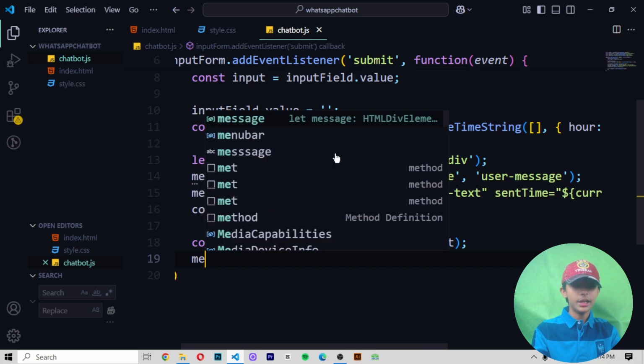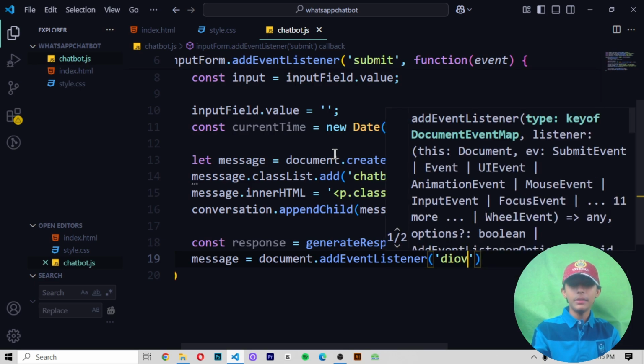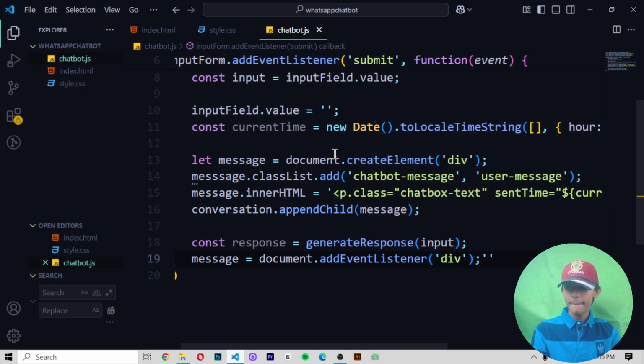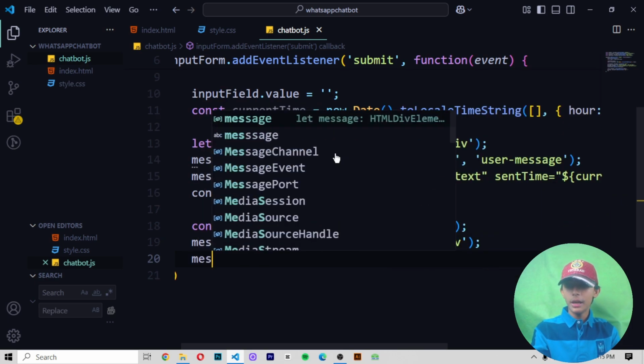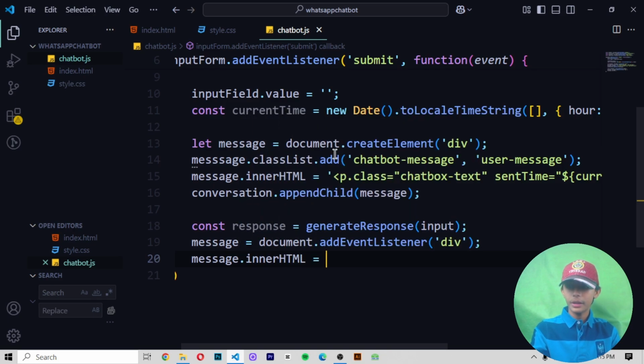So let's add it. Message, we write our message variable, then here we write document dot addEventListener, and then in it we define div, then here we define message dot innerHTML, then equals to